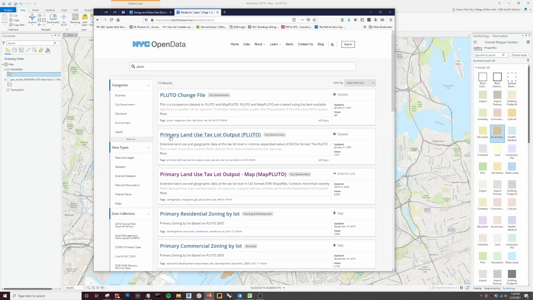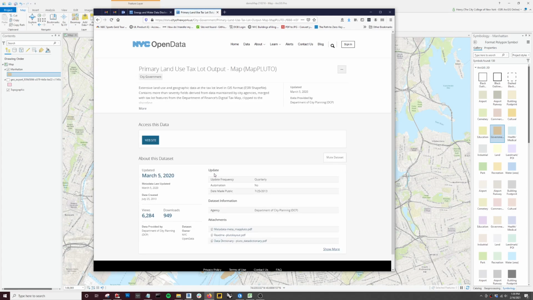And you can see what it stands for is Primary Land Use Tax Lot Output. So it's the tax lots with land use. And there's a version here that's spatialized. This one I think is just the table, and this one has the actual shapefile associated with it. So I'm going to click on that,